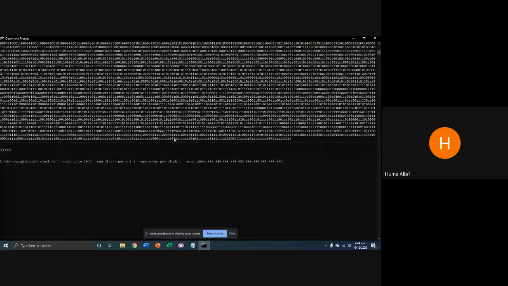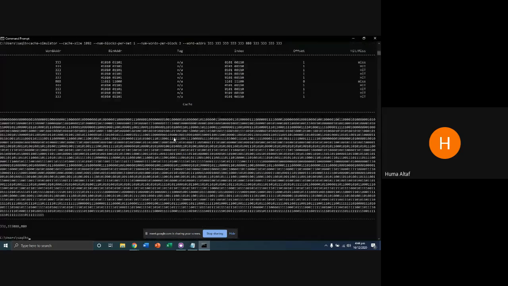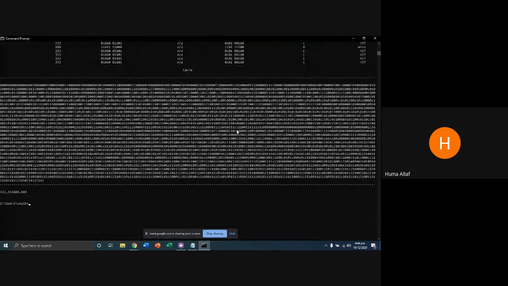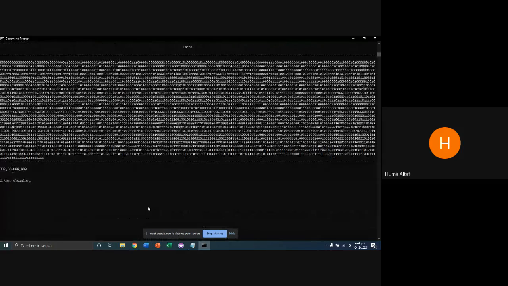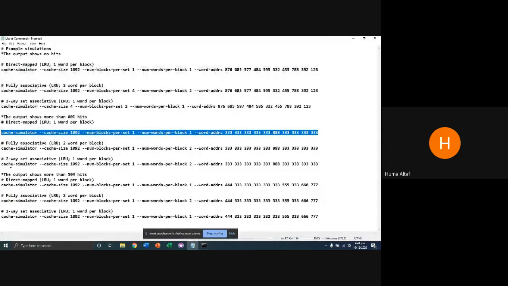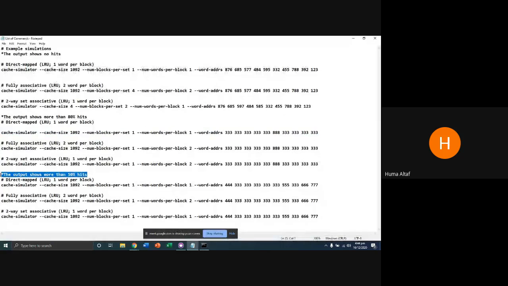The next one is for the fully associative, I'm just changing the number of words per block. It also shows 80% hits, and that's for the two-way set associative.